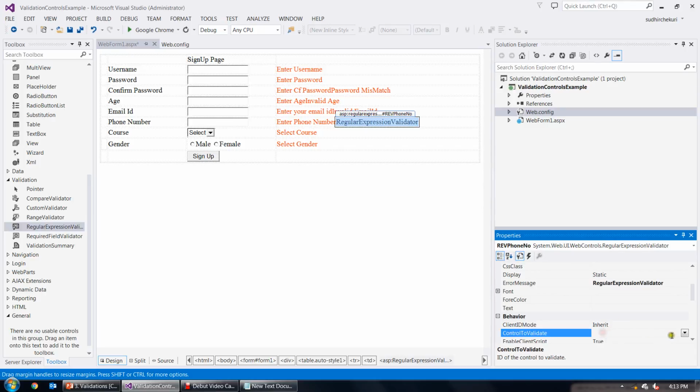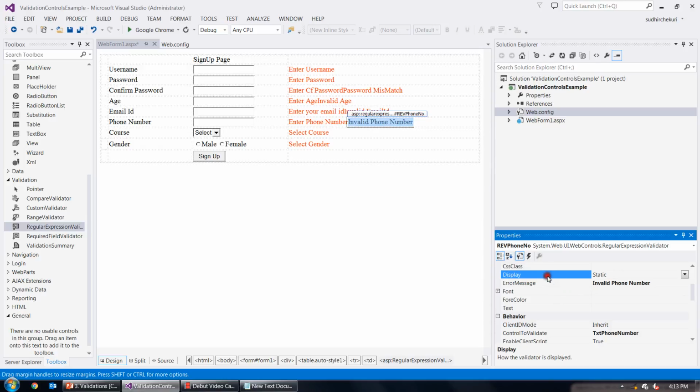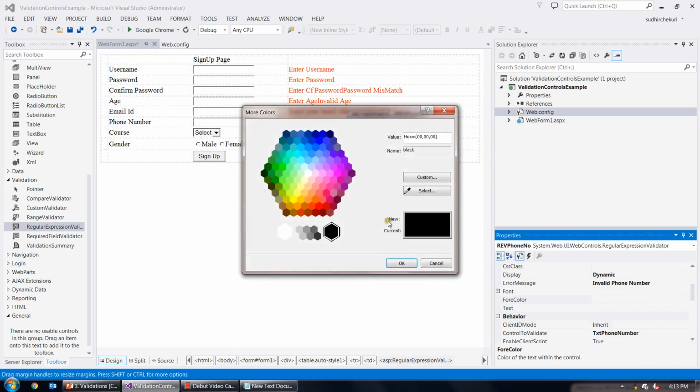I'll start with normal properties like control to validate, txt phone number, error message is invalid phone number because it should be a 10 digit number, display should be dynamic, fore color should be red,